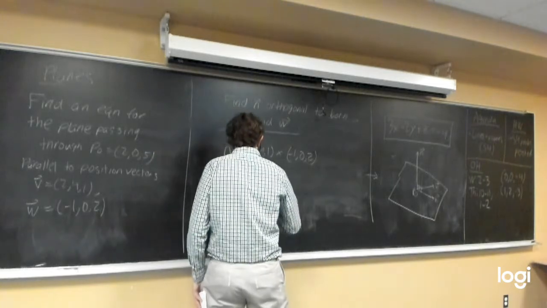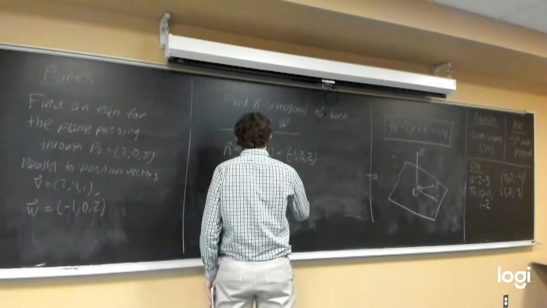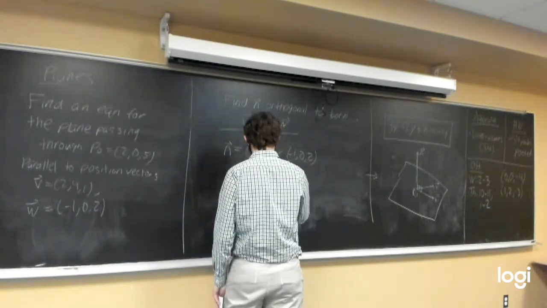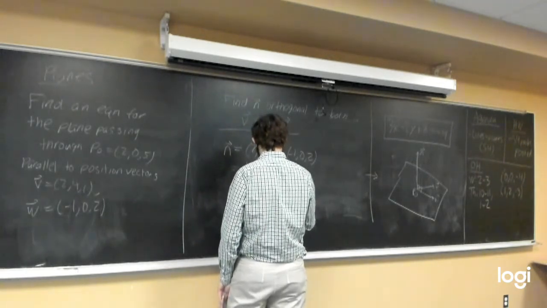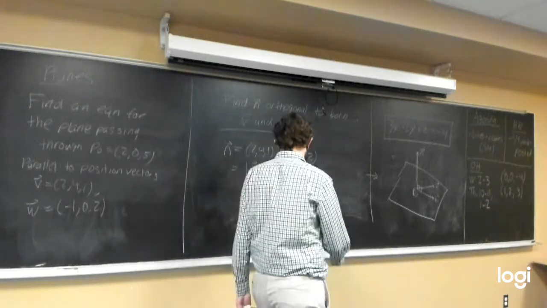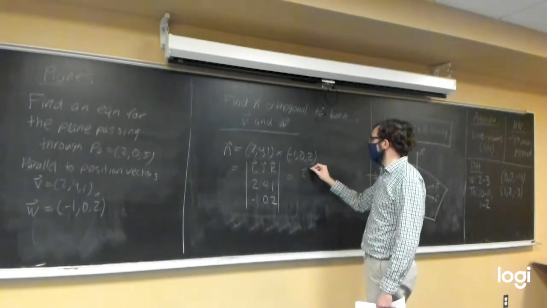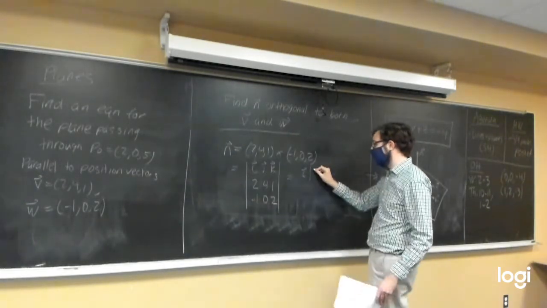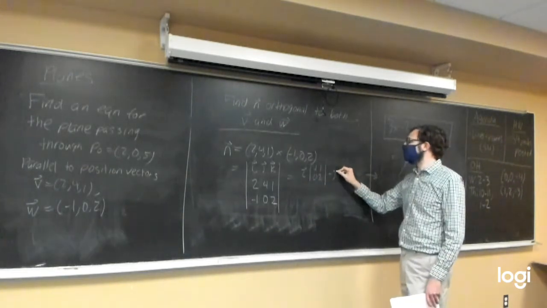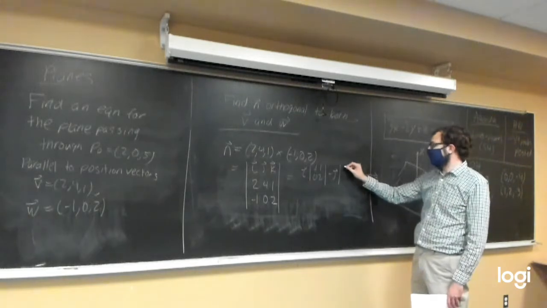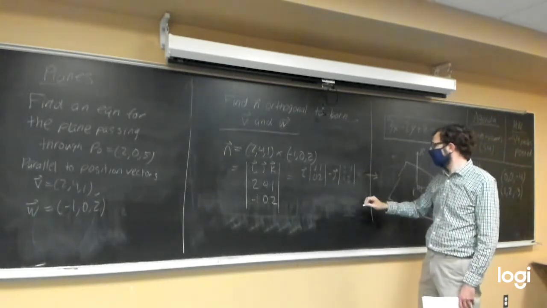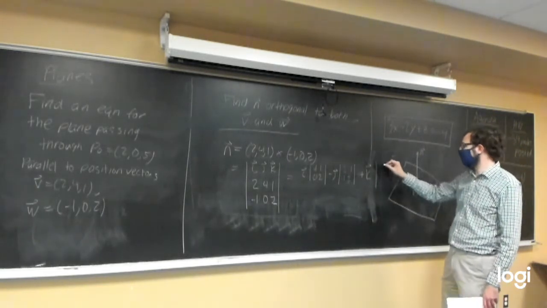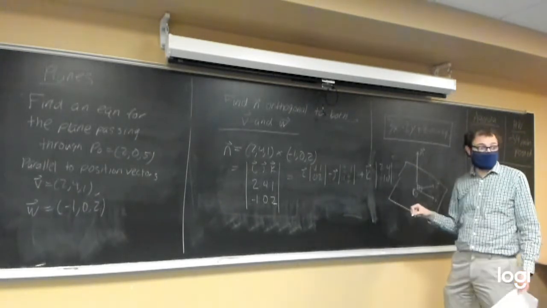which we write out in determinant form. We'll get the determinant of the matrix with first row i, j, k, second row 2, 4, 1, third row -1, 0, 2, which will give us i times the determinant of what you get if you remove the top row and left column, which is 4, 1, 0, 2, minus j times the determinant of 2, 1, -1, 2, plus k times the determinant of 2, 4, -1, 0. We remove the column and row with k in it,